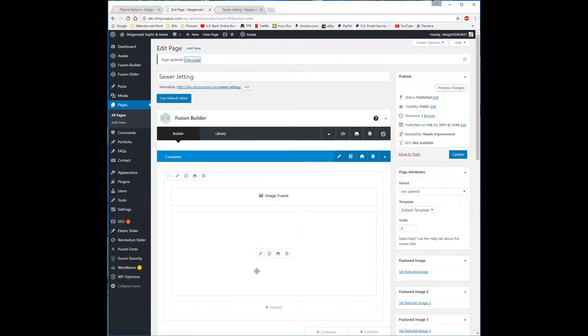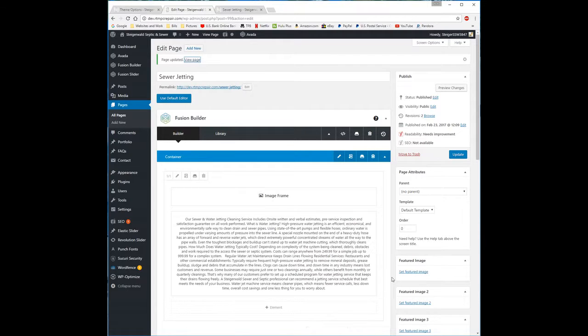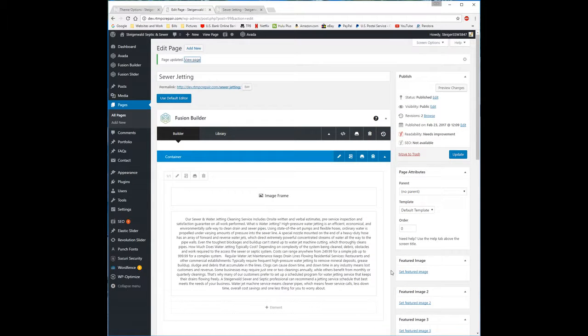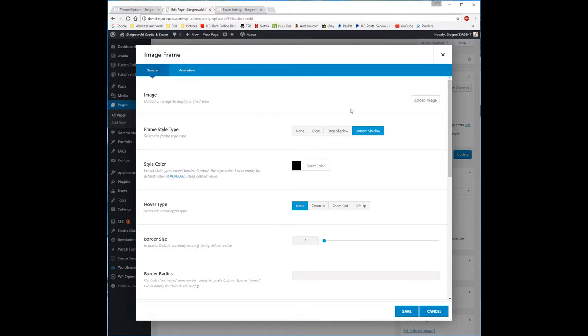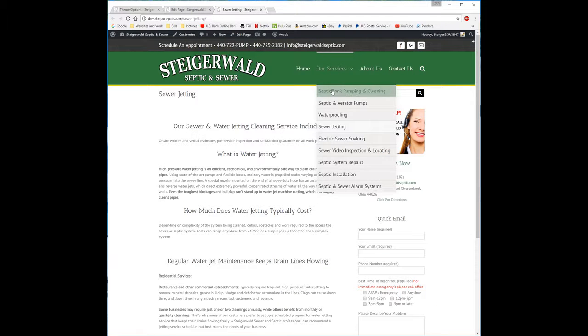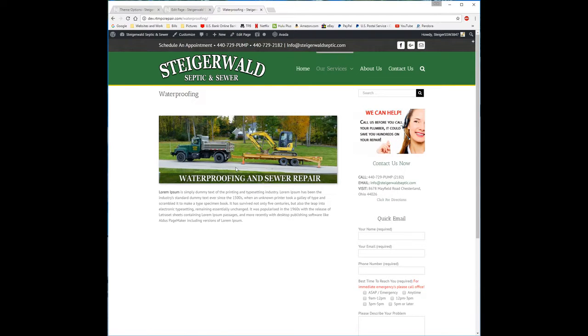Let's see. So in the back end, there is image frames too. And you can add all this stuff in. From talking with Tom, it doesn't really sound like you guys are going to do much besides edit just the words. So I'm going to try to keep this quick and simple. If you do want to change the image on the top of the page, which me and Tom have added to a couple,